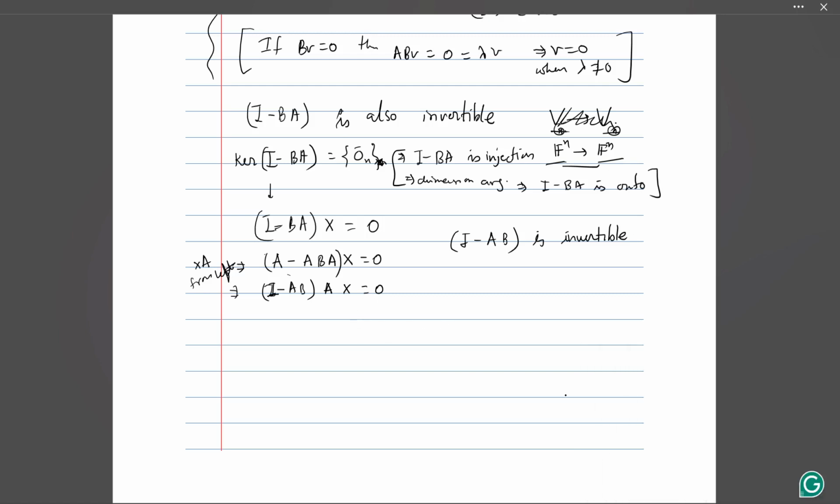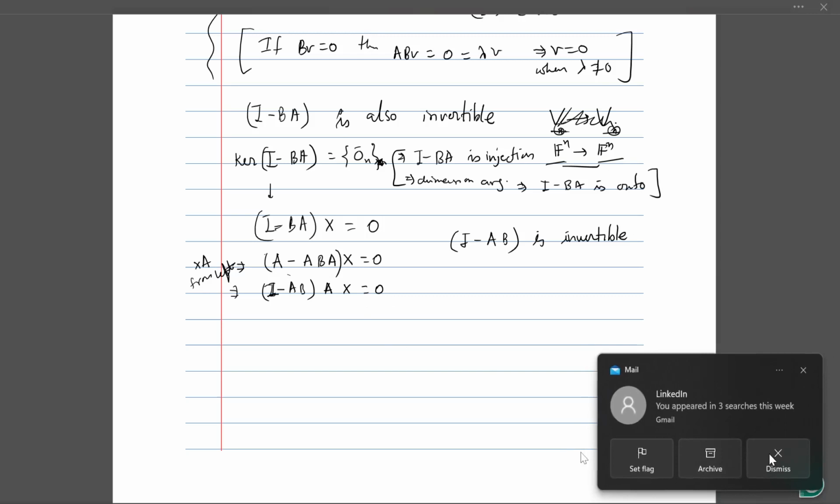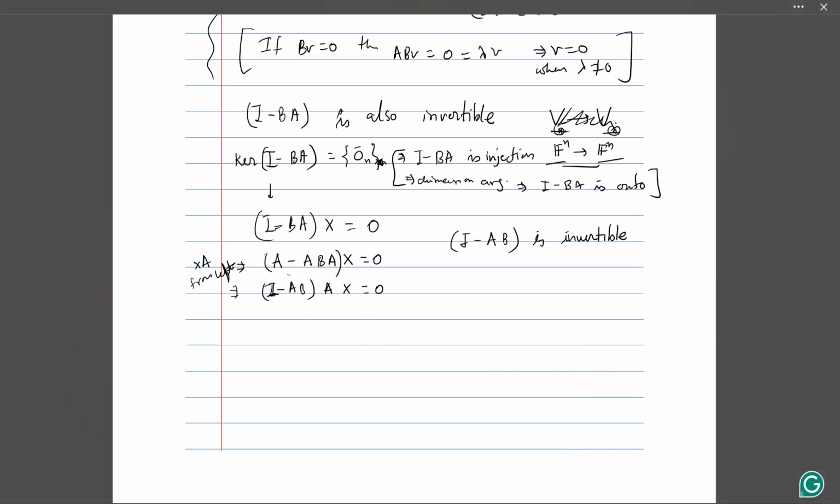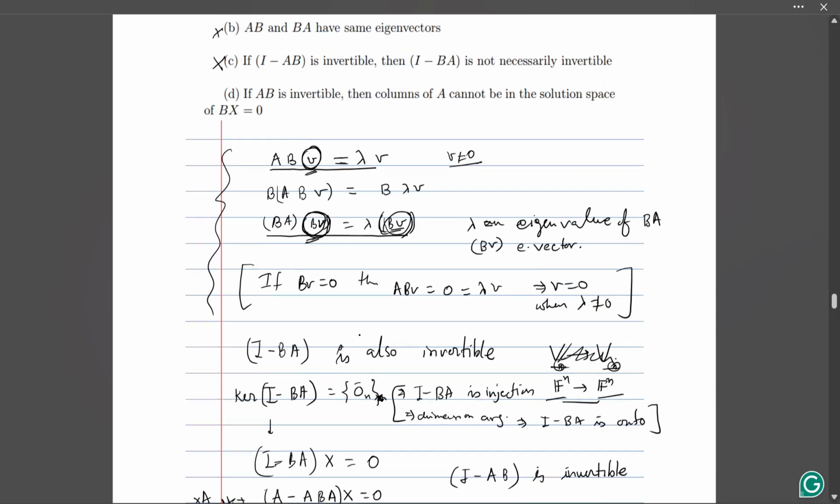Okay. So this is an invertible matrix. And in this equation, you multiply by the inverse on both sides, you will get Ax is equal to 0. Right? Now, if you have Ax is equal to 0, then